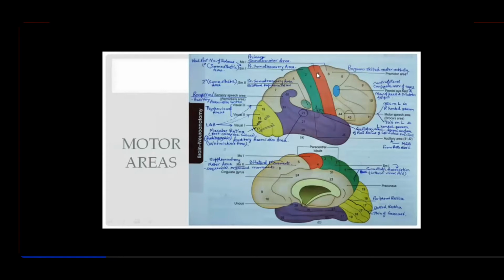So we'll study one by one. First of all, we'll cover up this primary motor area. Primary motor area is the precentral gyrus. Now this area is the chief center for the efferents reaching to the spinal cord in the form of the corticospinal tract, and reaching to the cranial nerve nuclei, that is the corticonuclear tracts, and to the nuclei in the medulla, and that's called corticobulbar fibers.